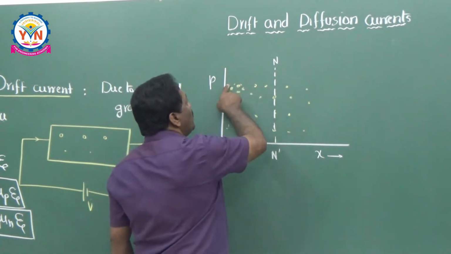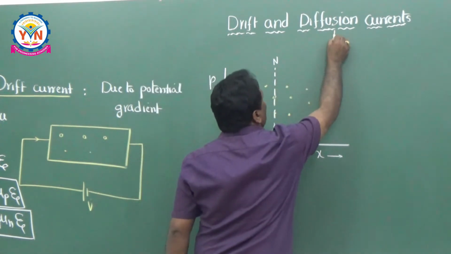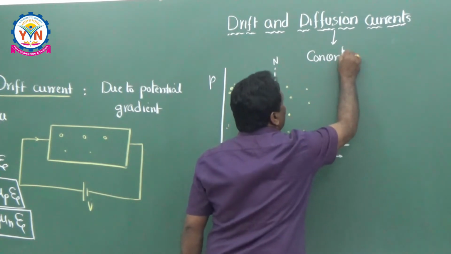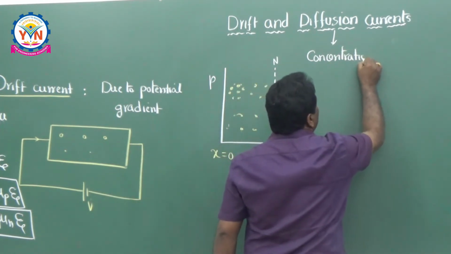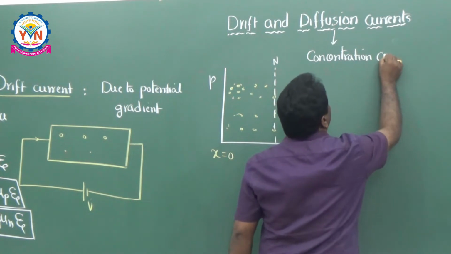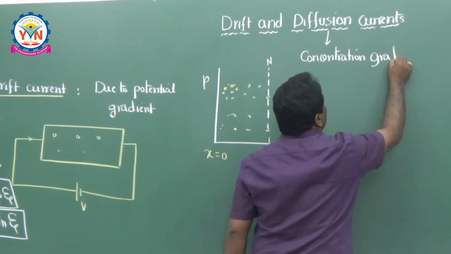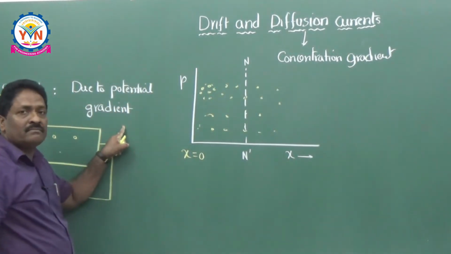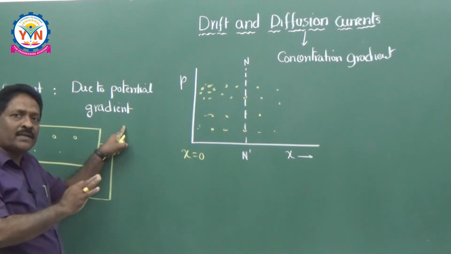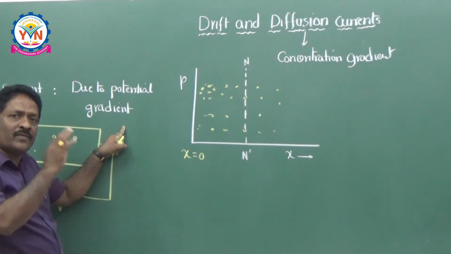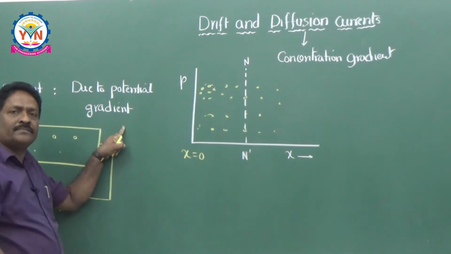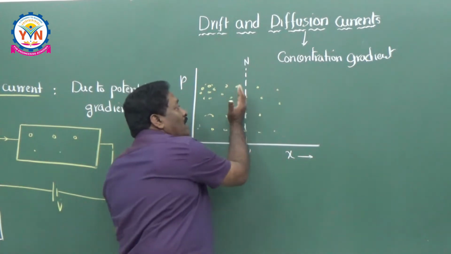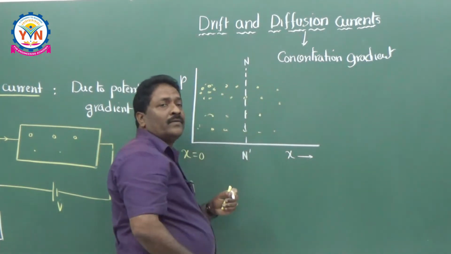So, what is the meaning of diffusion current? Diffusion current is due to concentration gradient. That means due to the difference of concentrations, the current is flowing. Gradient means change. Whereas your drift current is due to potential gradient. Listen carefully, because this is the most important concept required to understand diodes and transistors and everything. If you take this whole concentration, because of the concentration difference, some current is flowing from higher concentration